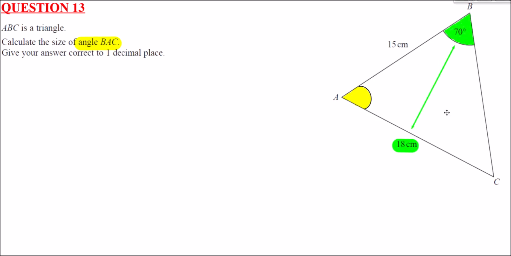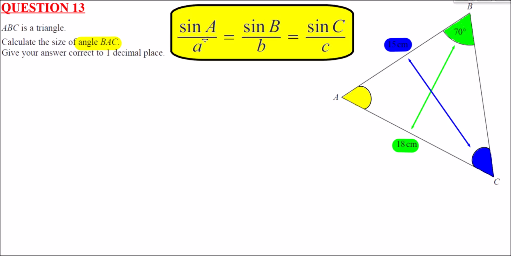If I now think about this one and this one as a pairing, 15 and the angle at C, I can now introduce the sine rule. This is the sine rule. Sine A over little a equals sine B over little b equals sine C over little c, where the big letters are the angles and the little letters are the sides opposite to those same angles. So using that, sine 70 divided by 18 must be the same as sine of BCA, this one here, divided by 15. So if I multiply both bits of this now by 15,